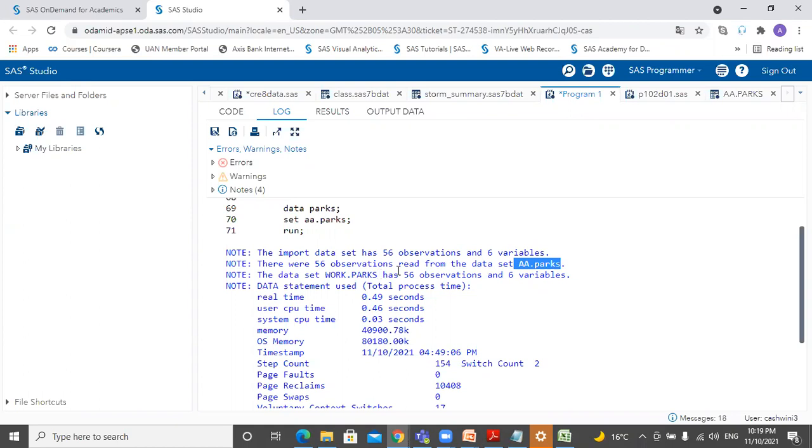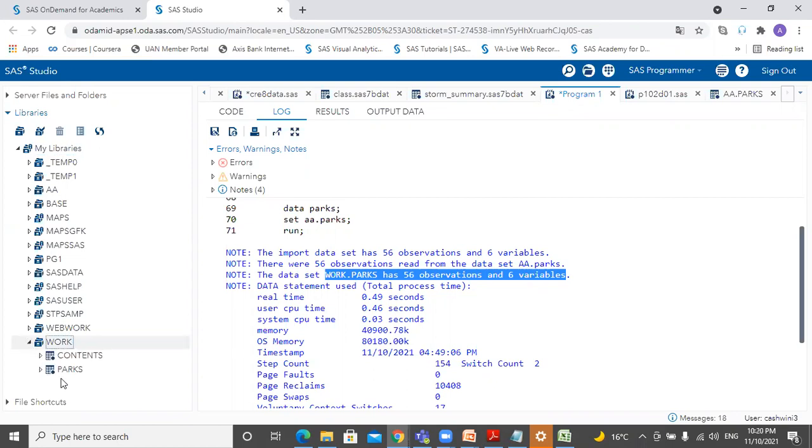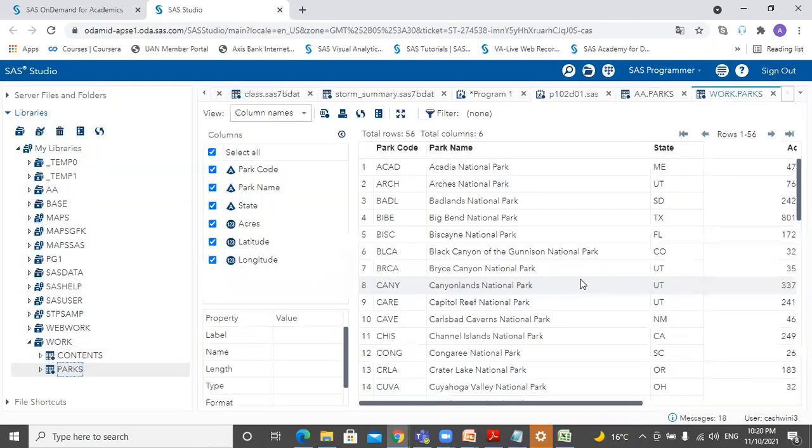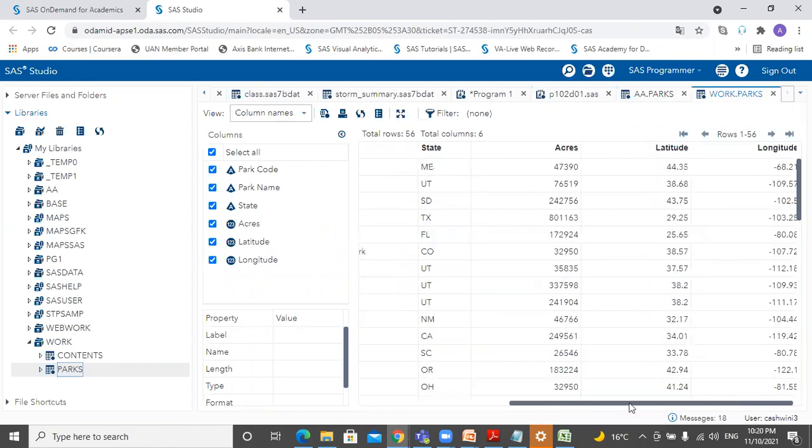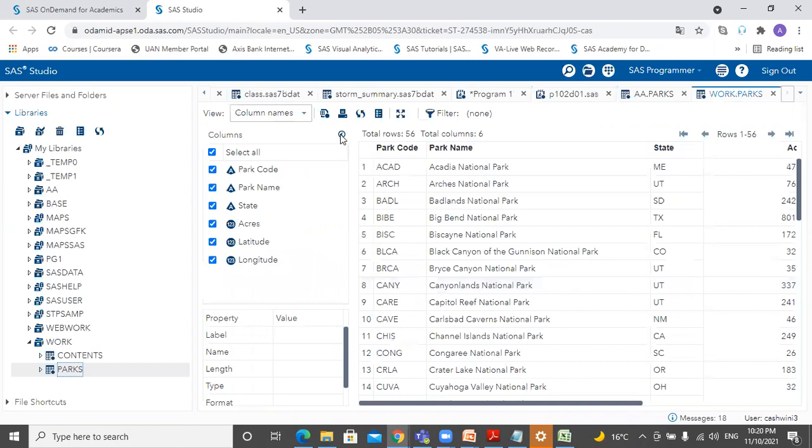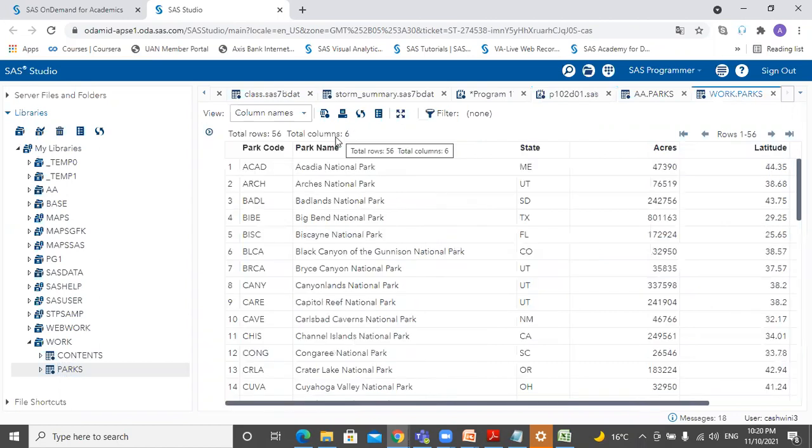You have created a SAS file with the same name, and all the contents will be copied as they are as a SAS file. So if I go and check my work library now, I'll find Parks. See, Parks is there. Getting it now? I hope now you have understood. So this is how I have created a data set from my Excel sheet. Okay, so in the work library you saved Parks, right?